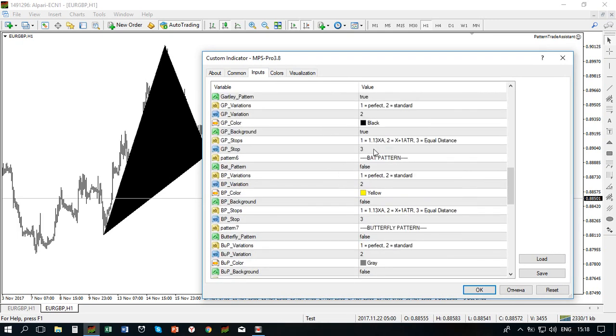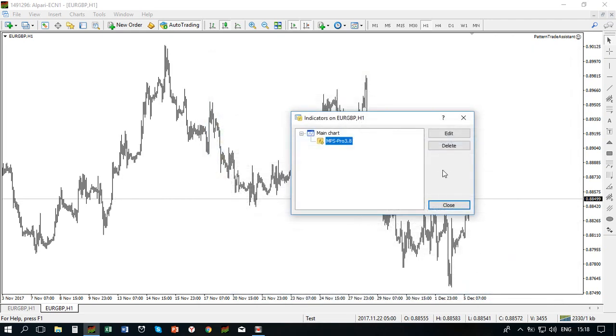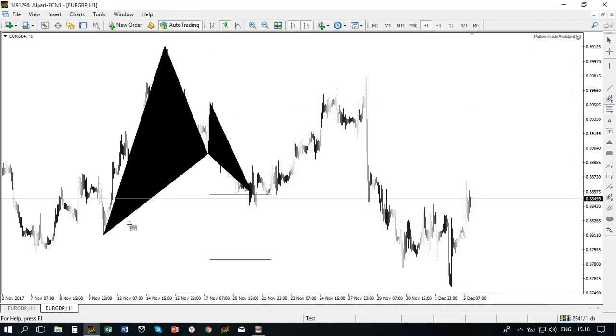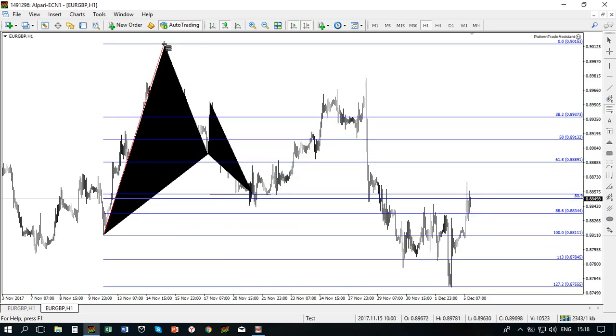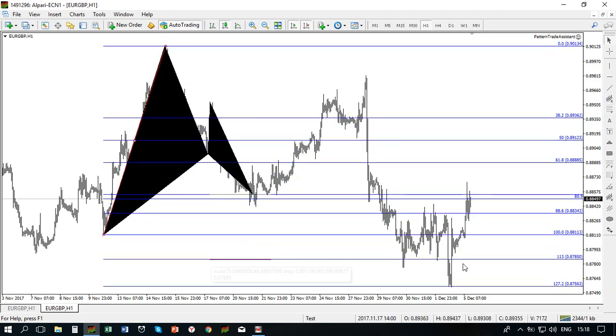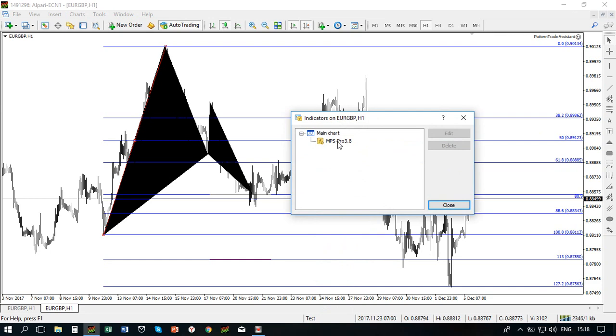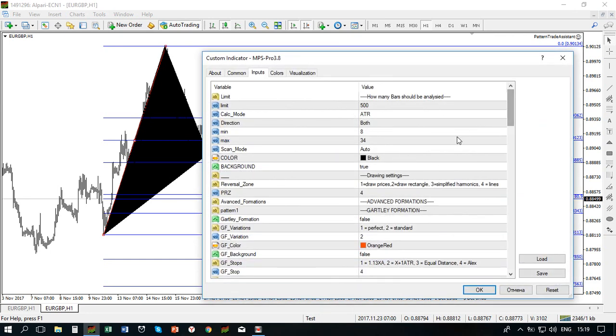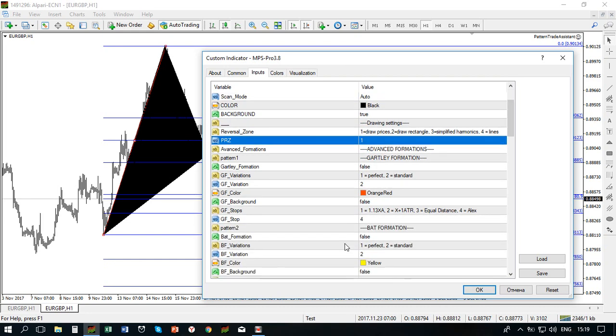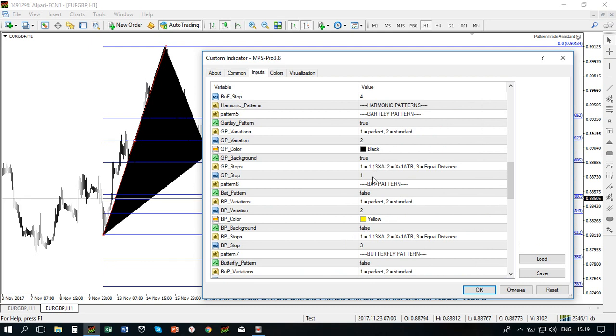There are some ways of displaying stops. The standard one is to use 1.13 XA. It is the standard in the industry, and if you switch the fibs from your X to A, you will see it coincides with 113. Let's go to MPS Pro. Let me enable that to prices. Then let's go to harmonic patterns 1. If you will switch that to,